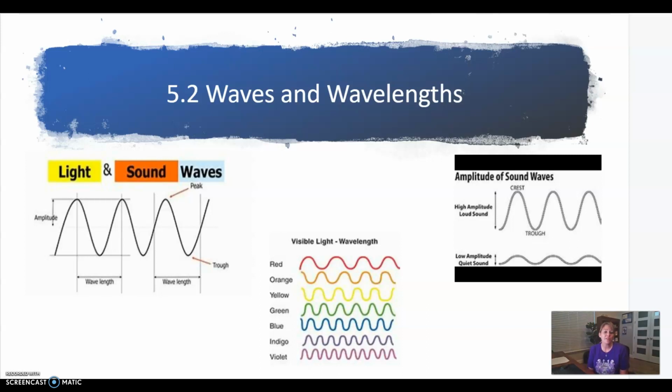The audible range of sound frequencies is between 20 and 20,000 Hz, with greatest sensitivity to those frequencies that fall in the middle of that range. That's quite a range. Anyways, that is 5.2.